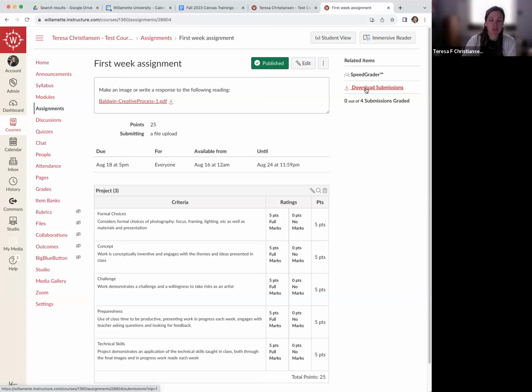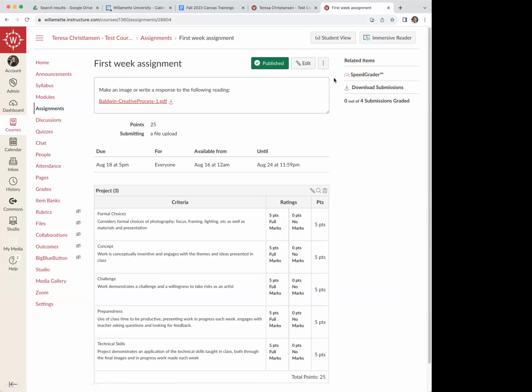It labels each file by student's username, so it will remember that for you. And it tells you how many things have been graded, so you can keep an eye on what you still need to do. If you want to grade another question. Yeah. I really like the idea of the submissions being something that can be downloaded